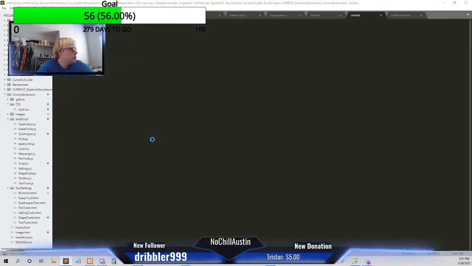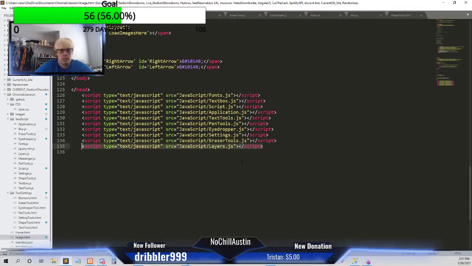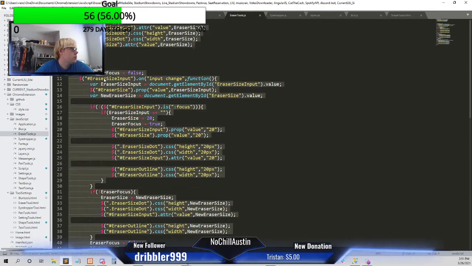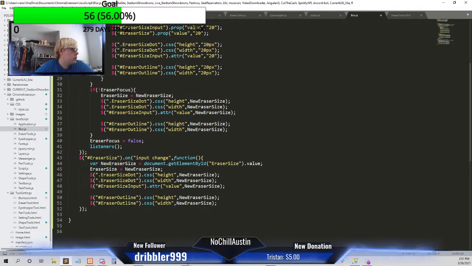So blur.js, and then we gotta add that in here. Blur.js, and then we basically gotta do this, but this can be for blur, blur size dot, blur size, new blur size,